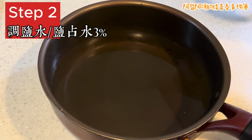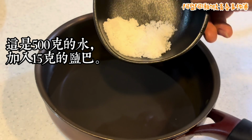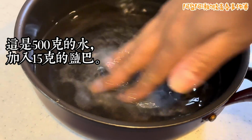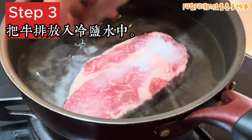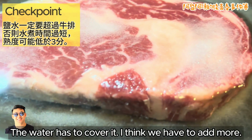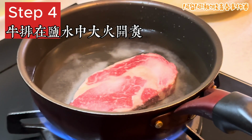We have roughly 500 milliliters of water, so we need to add roughly 3% of that in salt in grams. So this is roughly 15 grams of salt. So you're going to add that in and then just mix it with your hands. And then you're going to put the steak in while it's cold. 这个水必须要超过它有吗？有，差不多了。 And then start on